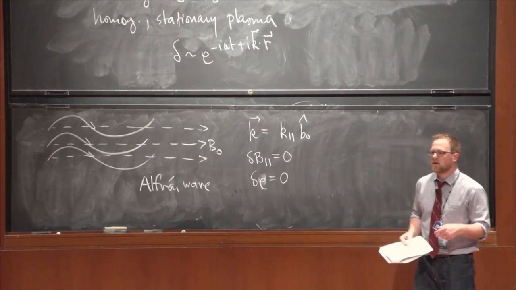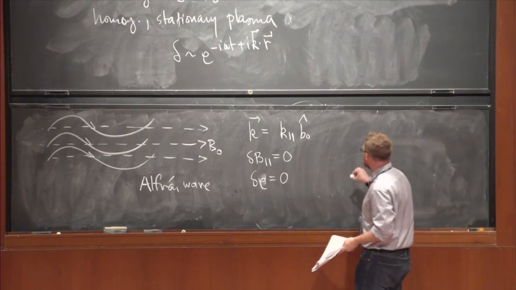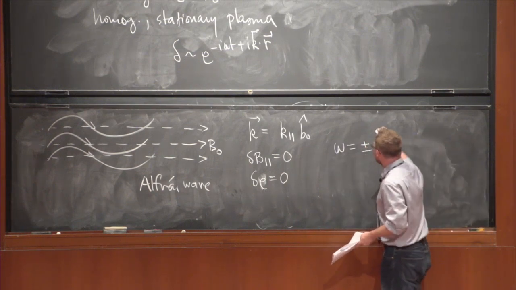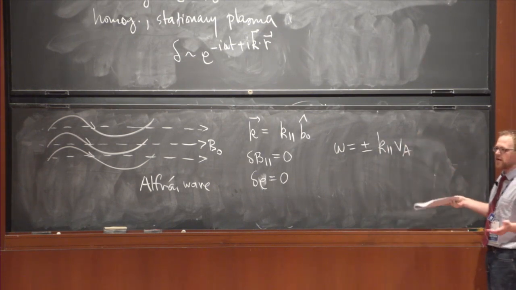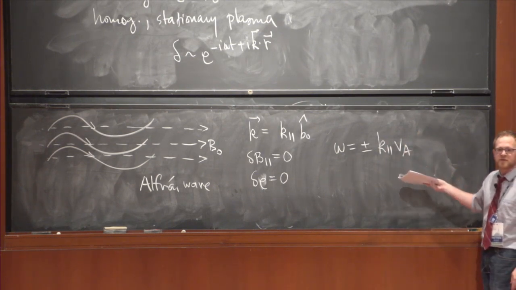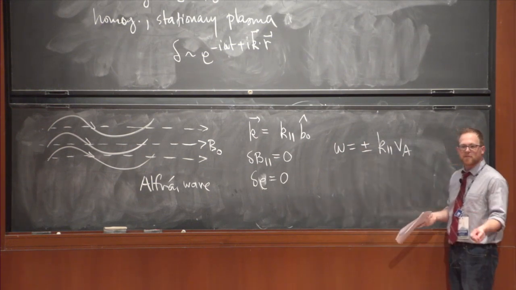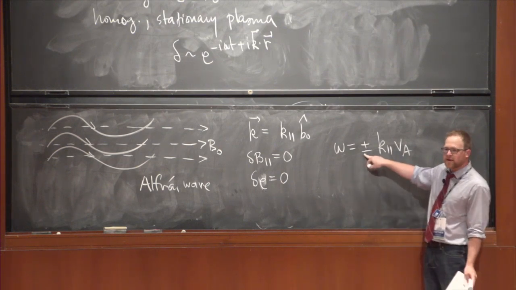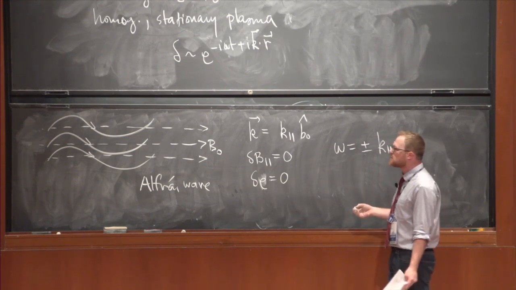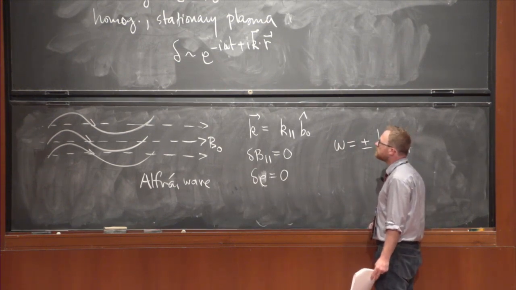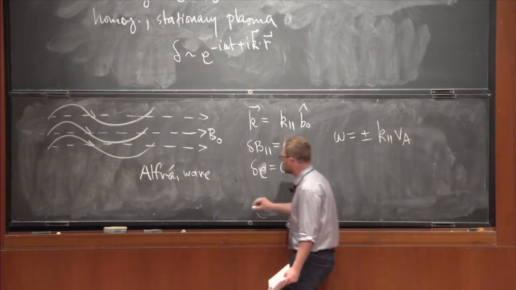You know, it's quite boring. You just pluck the field like a string, and you find that the dispersion relation of the wave, the relationship between omega and k, is just this, which is quite simple. So it's not dispersive. Omega over k is just a single number. It can propagate forwards or backwards. This is the fundamental building block of theories of turbulence. It's the fundamental wave.